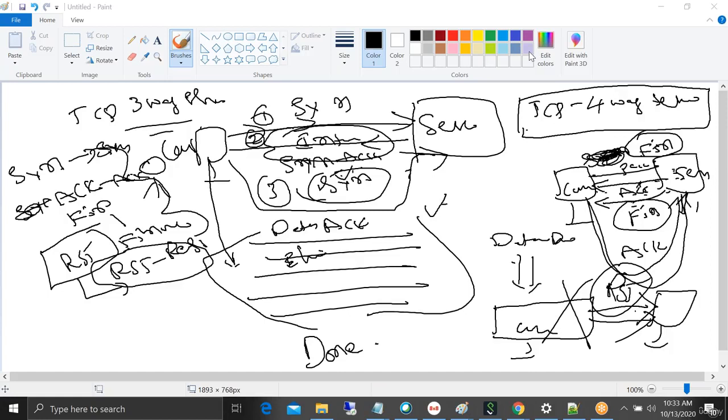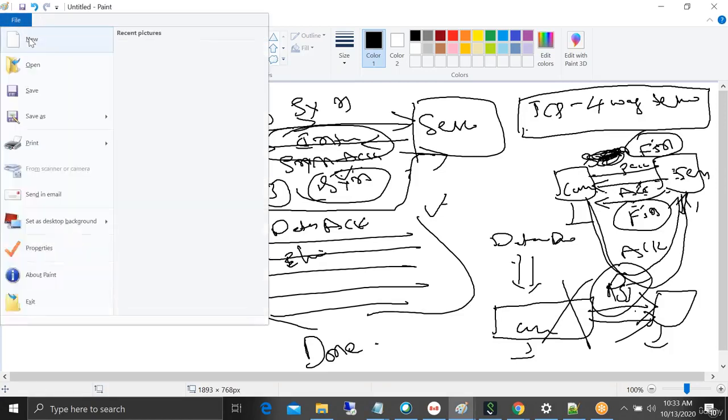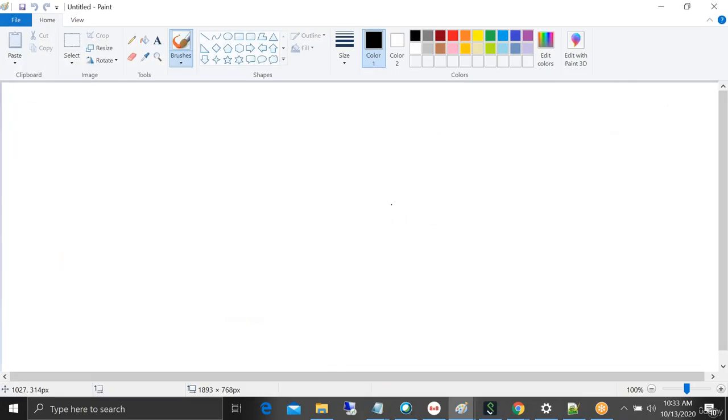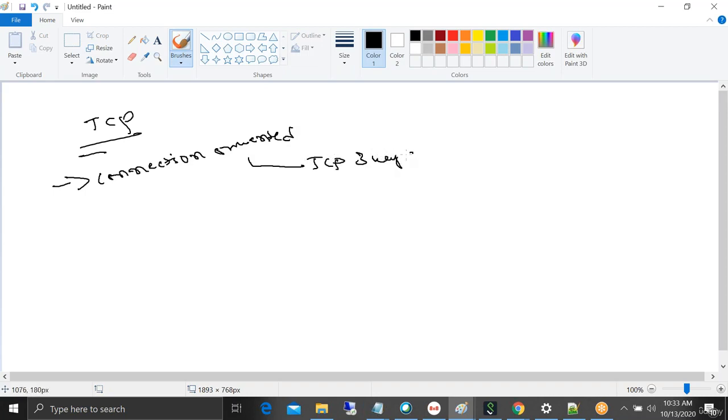So that's the handshake mechanism. That's why we call TCP connection oriented. We have to perform the handshake every time. First point is connection oriented. Connection oriented means you have to perform the TCP three-way handshake for every connection. Okay. Next point is